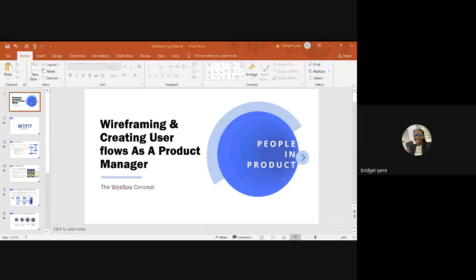So wireframing. I think maybe some of us here might think, okay, why wireframing and why user flows for a product manager? I think this is supposed to be for a product designer, you might ask. But actually, wireframing and user flows are two important design concepts that we as product managers are supposed to be interested in, because it heavily affects how our users that we're building products for interact with or experience our products, which at the end of the day is what the product is all about. So it's very important that as a product manager, we have an understanding of wireframing and creating user